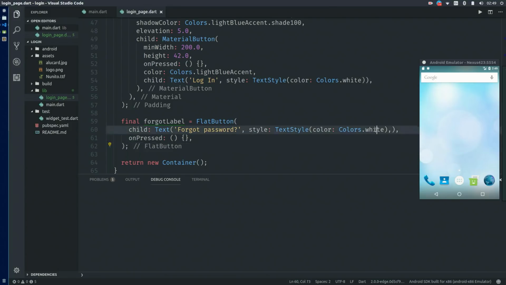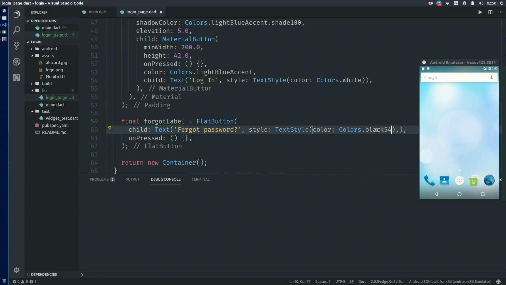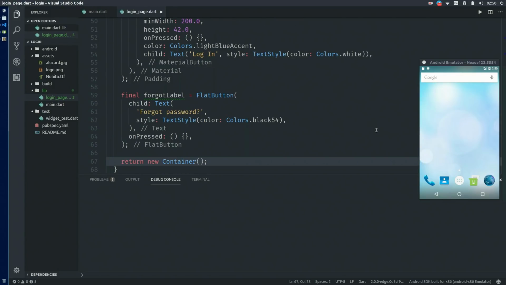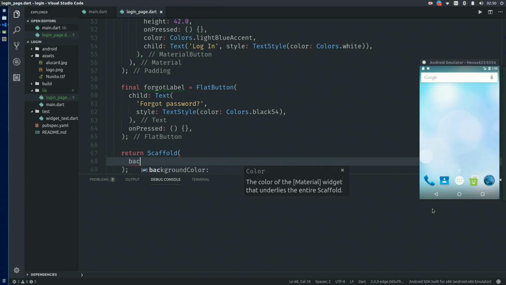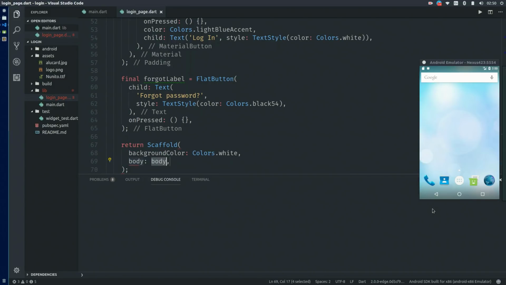Just copy, because we only need to change the colors. I want black color, but not really black, black 54 maybe. And then for the login page, I want to create a scaffold with background color white, and with the body, because I want the login form to be centered